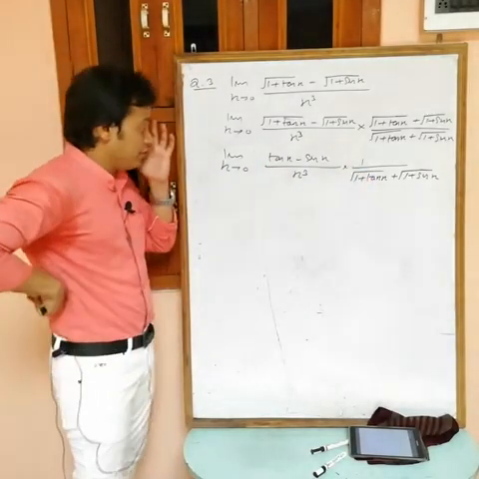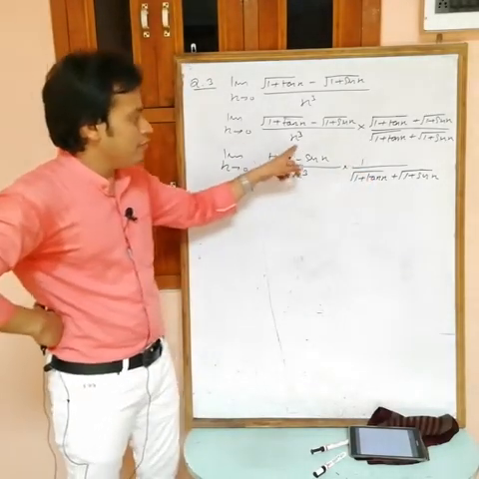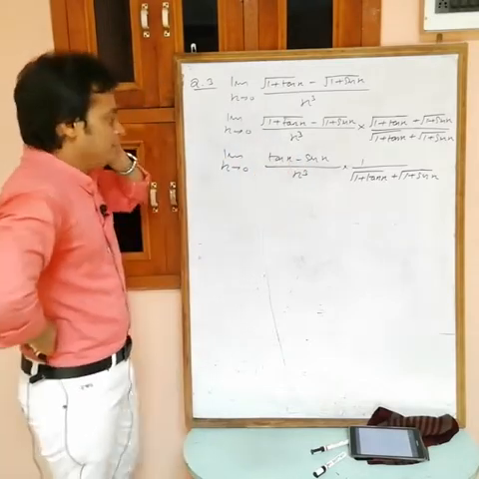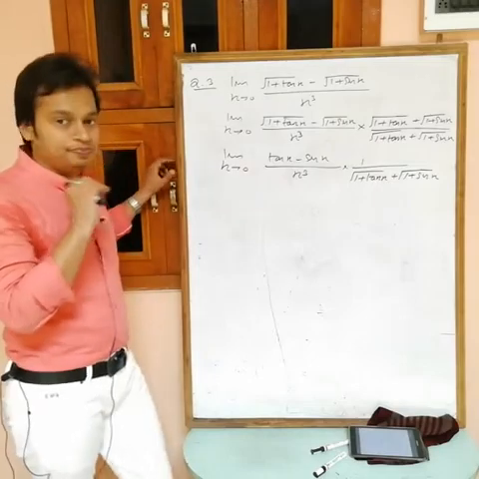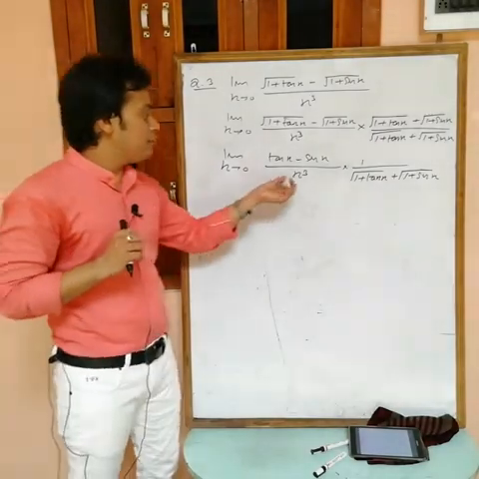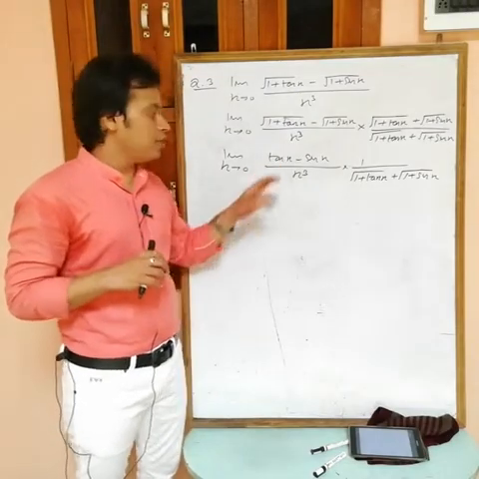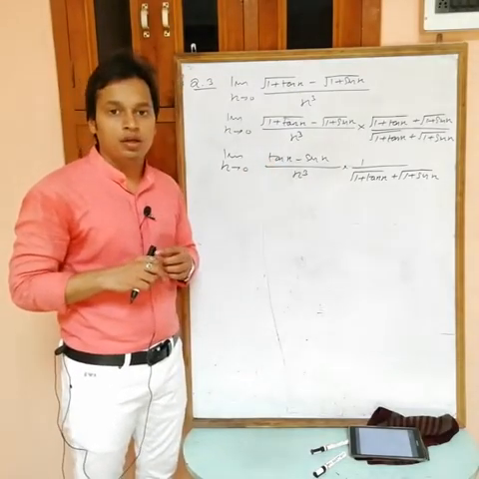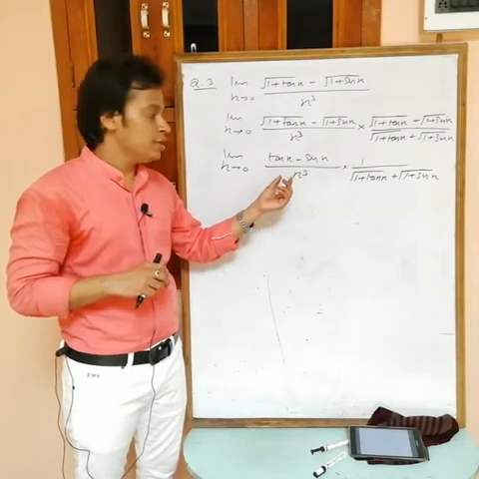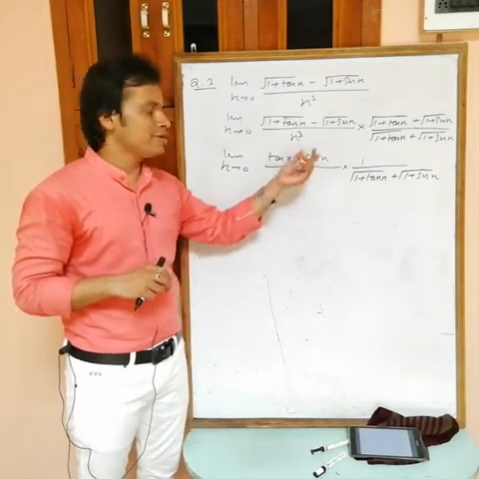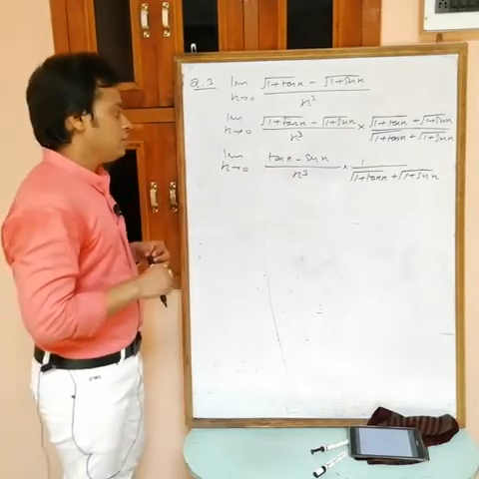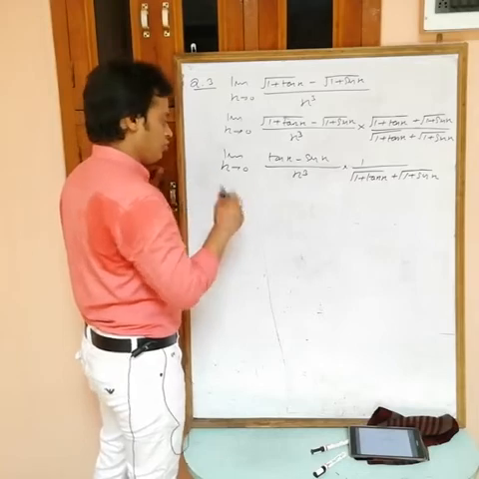Now see, in this one, if I put x equals to 0, again we are getting 0 by 0 form. Okay, now how to simplify? Now see, you can't use this one, that divide with x cube. We have a formula for tan x by x. Here it is x cube, not only x now. If there is only x, then I can divide x with the tan and x with the sine. X with tan and sine. Okay, then no problem.